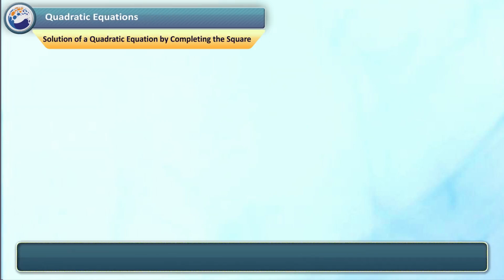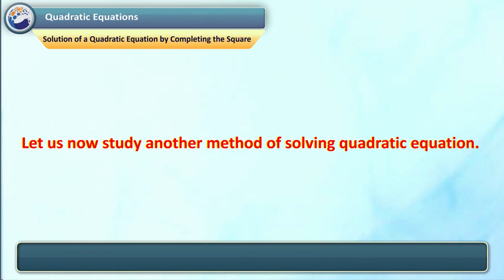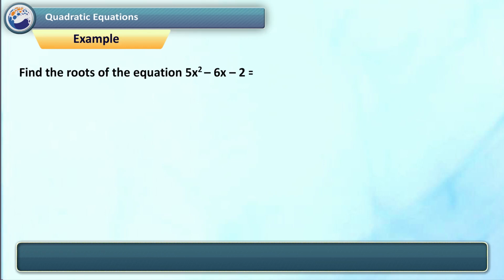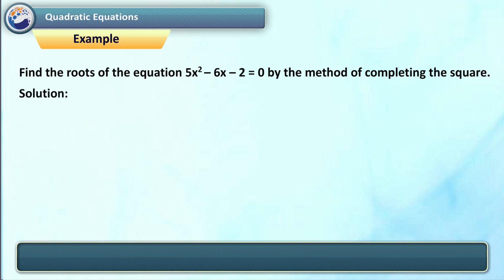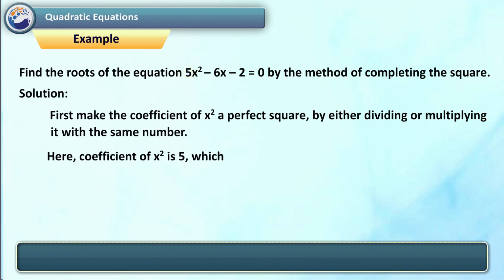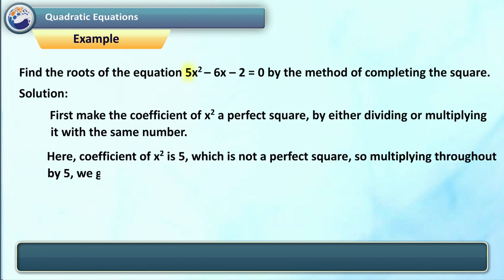Solution of a quadratic equation by completing the square. Let us now study another method of solving a quadratic equation. Find the roots of the equation 5x² - 6x - 2 = 0 by the method of completing the square. Solution. First, make the coefficient of x² a perfect square by either dividing or multiplying it with the same number. Here, the coefficient of x² is 5, which is not a perfect square, so multiplying throughout by 5 we get